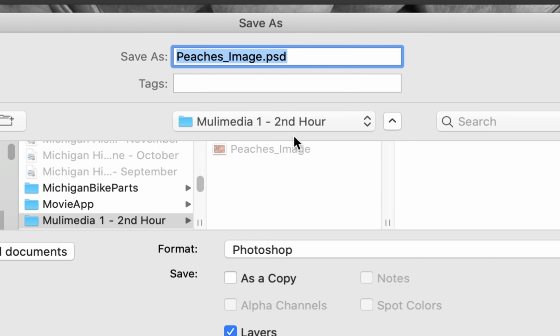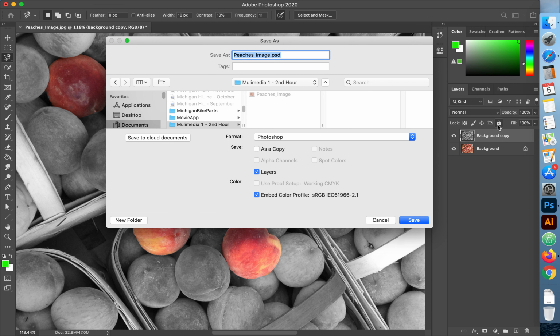This is going to keep all of our layers, any colors that we do, any editing that we do out here on the image. It's going to save that. So it's very important that for our project, as we're working through this, you save this as image.psd or whatever it is. I'm going to save this one as my last name and then peaches.psd,